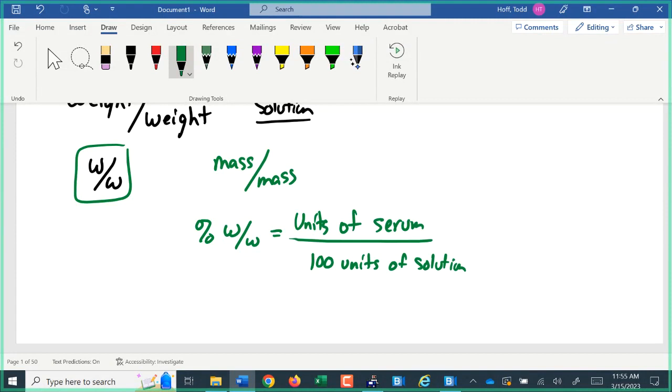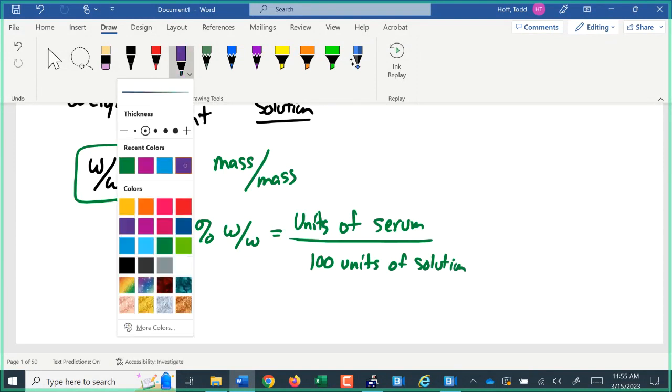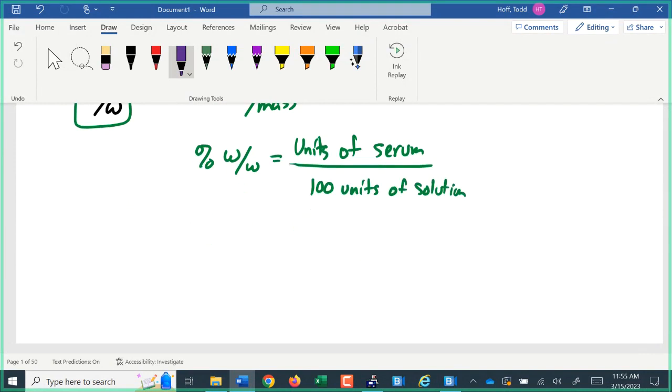So what does that mean? Well, let's say we have 9 units of, let's go with morphine, powdered morphine, in 50,